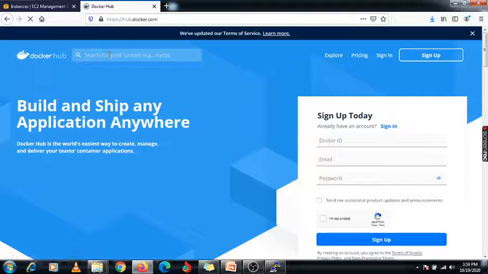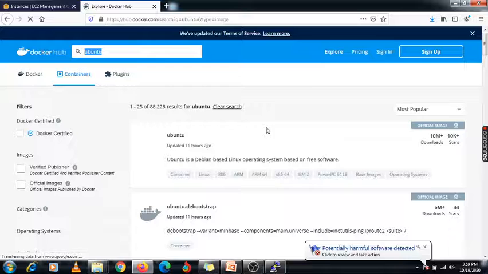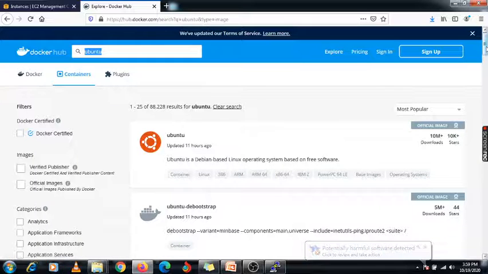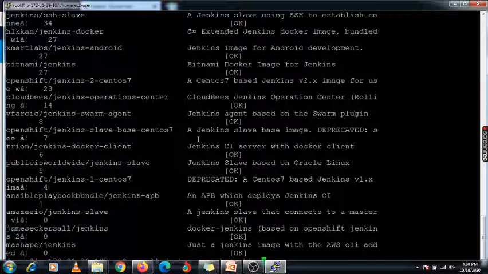I'm just going to search for some images like Jenkins, or I'm going to check for Ubuntu. Click on it, enter it. Here it will reflect the names. These are the names you will get physically, but you need to use the command base.